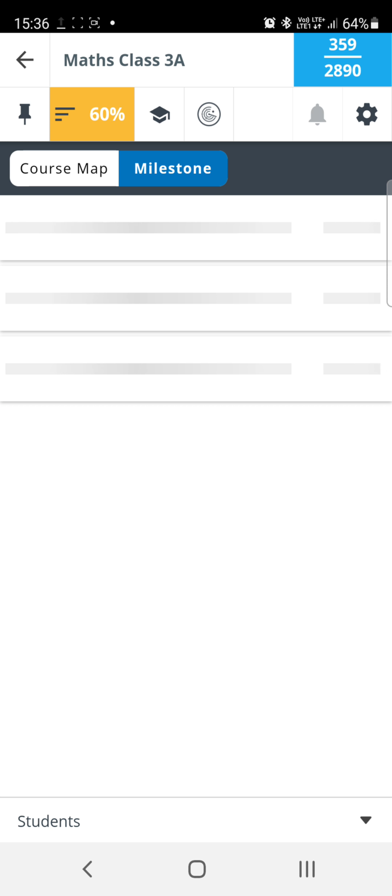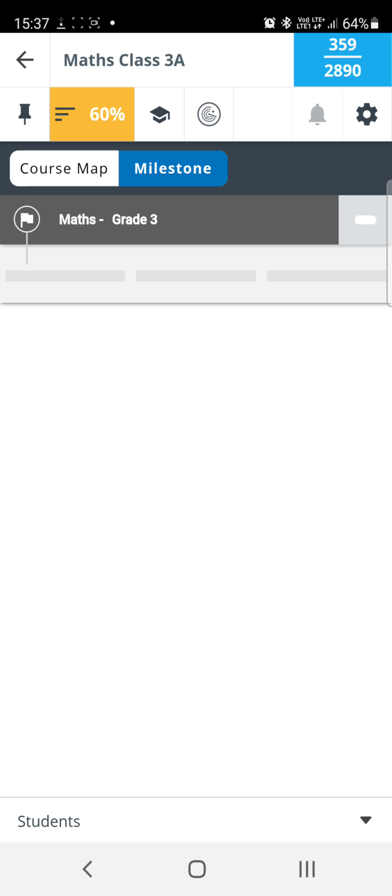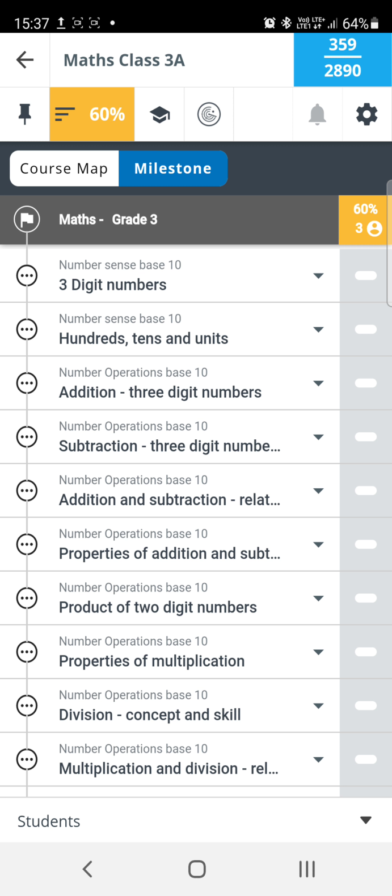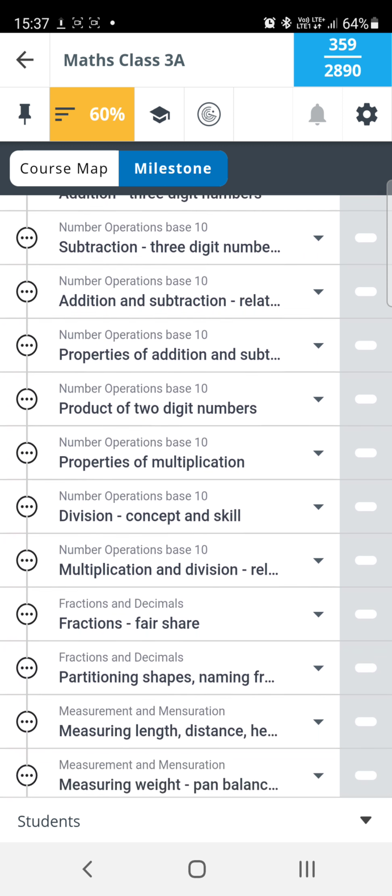In the learning journey, we'll be able to see the course map. Suppose Rency Rosie teacher is teaching the fractions chapter in the class. We need to look for fractions and then find out what collections are available in the app. Here the course map is getting loaded. Once we enter the learning journey, we will see the whole grade 3 course map.